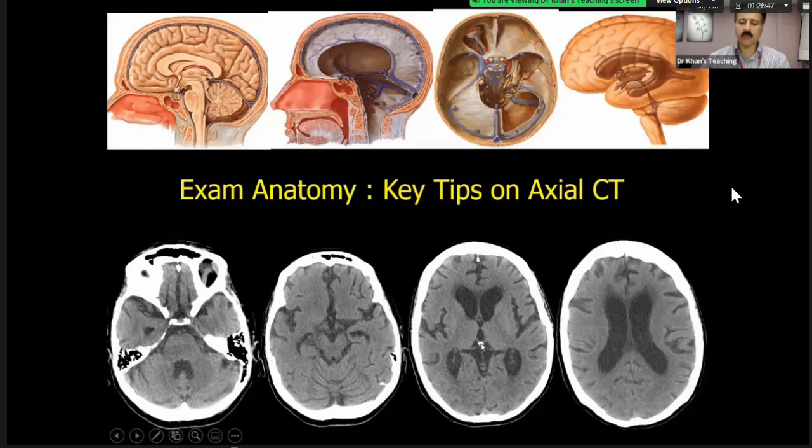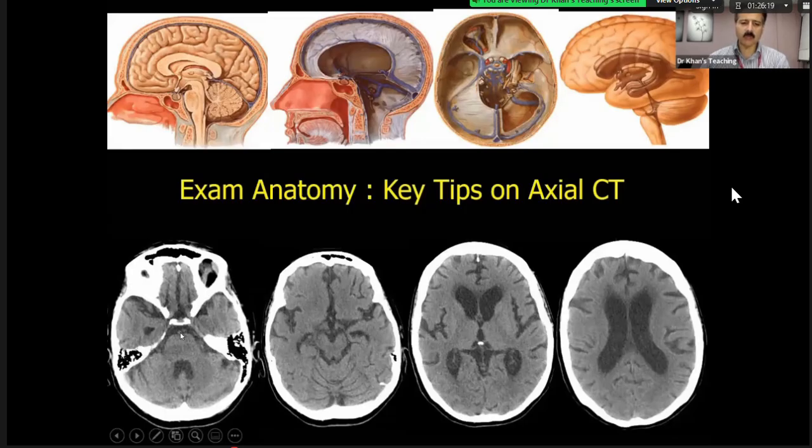And you will only pick it up if you know these landmarks. So remember the landmark: thalamus, midbrain, third ventricle, posteriorly is pineal. Here, Mickey Mouse, and you are at the suprasellar cistern level. And here, fat man, and you are at the level of pons. Anterior to the pons, basilar artery, this must be your protocol.